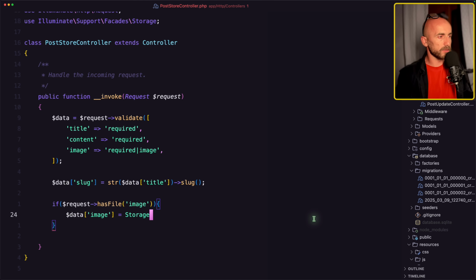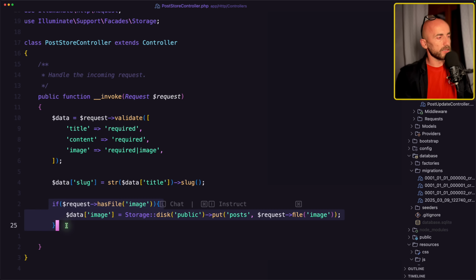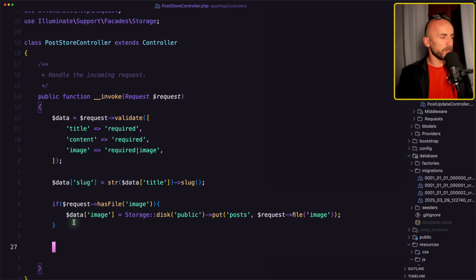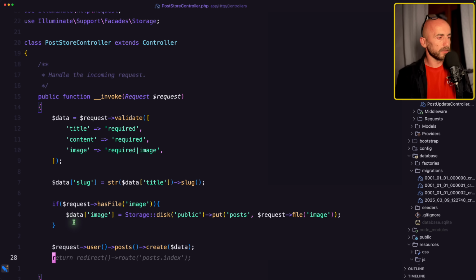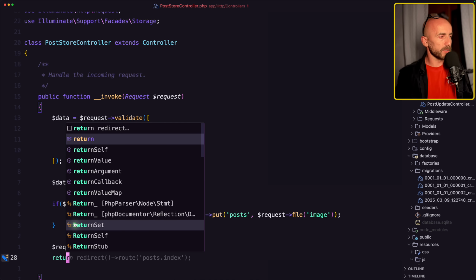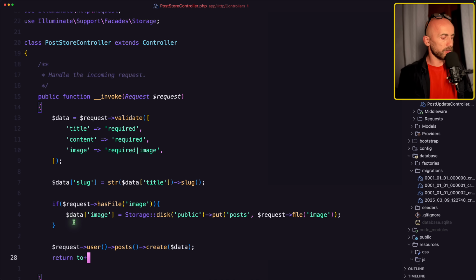So let's use the storage facade. Disk public, put in post directory and request file image. Now also here you can work with the file name and so on, but I just added the basics here. And now we have the title, content, also the slug. If the request has file image, now we need is just to say request user post create and then return to the route,